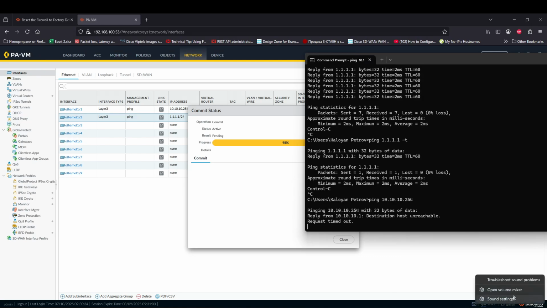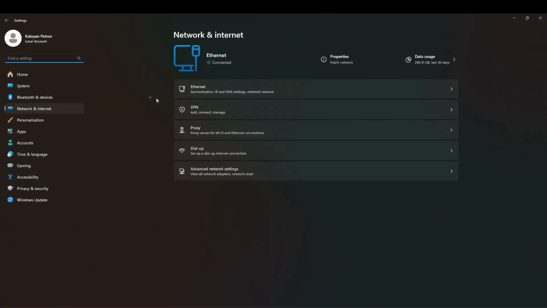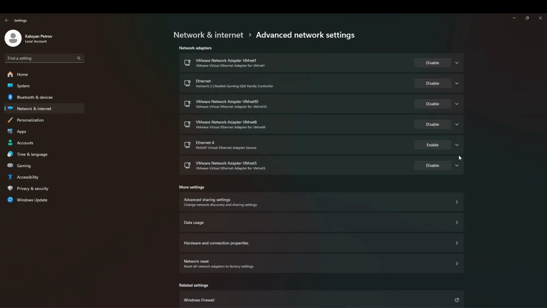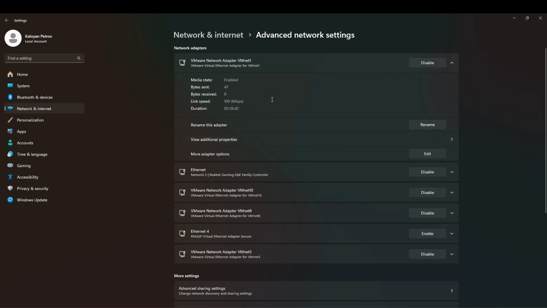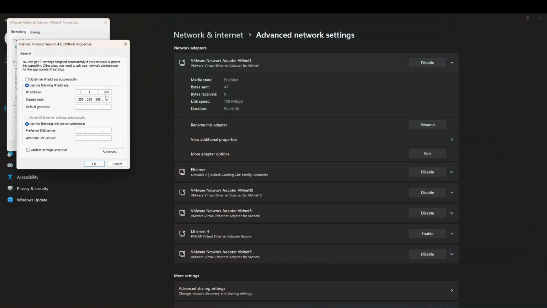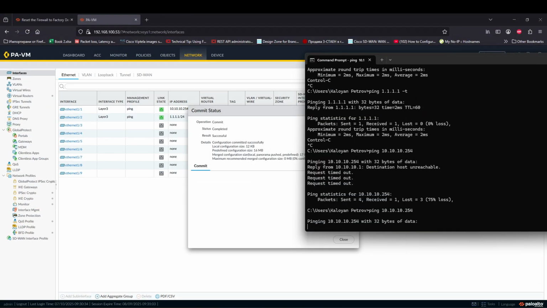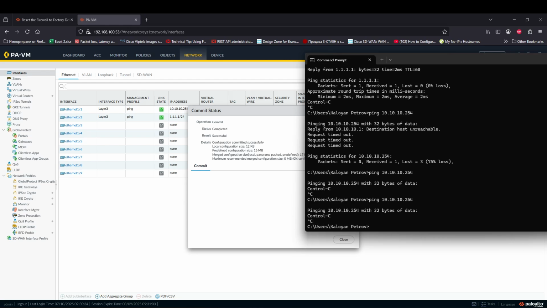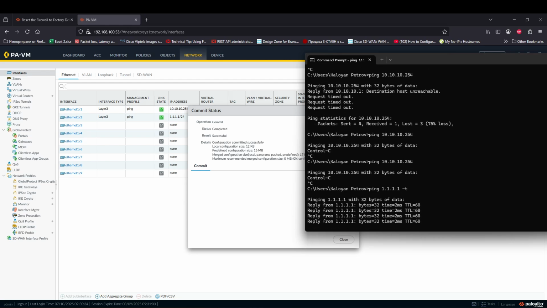If I go on to network and additional, we have to make sure that the adapter itself doesn't have the 1.1. It is not the adapter. Okay. So how can this